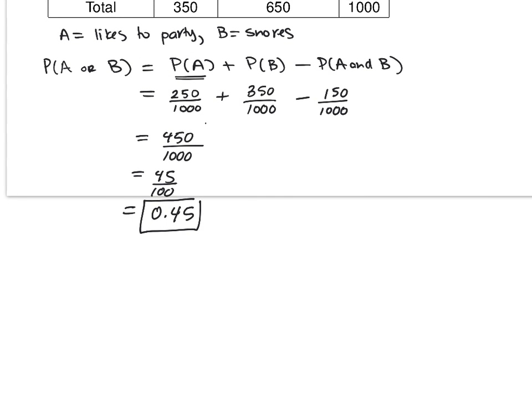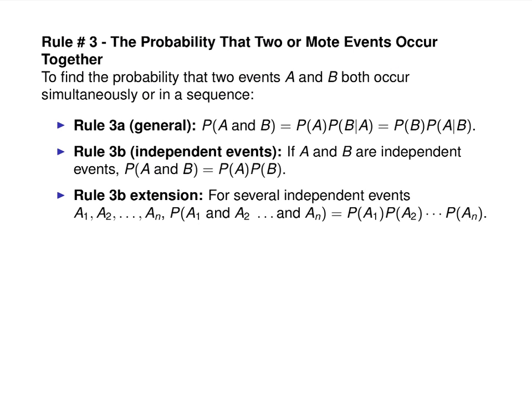So does that make sense, though, how we found those numbers? Okay. So the probability that